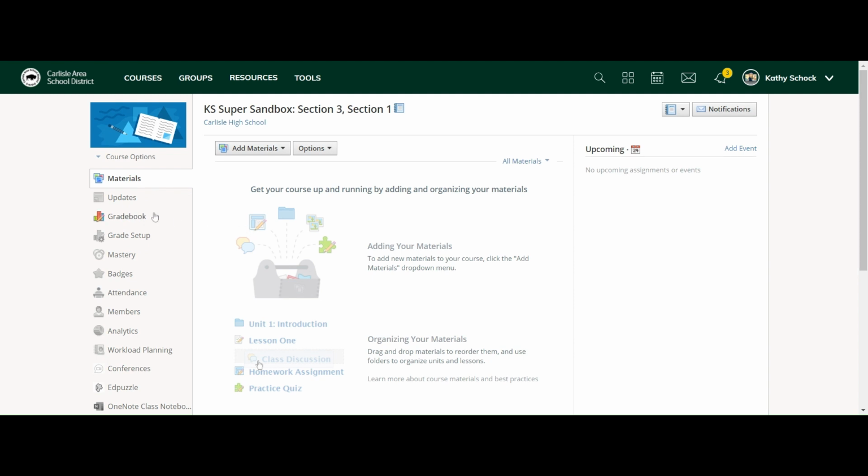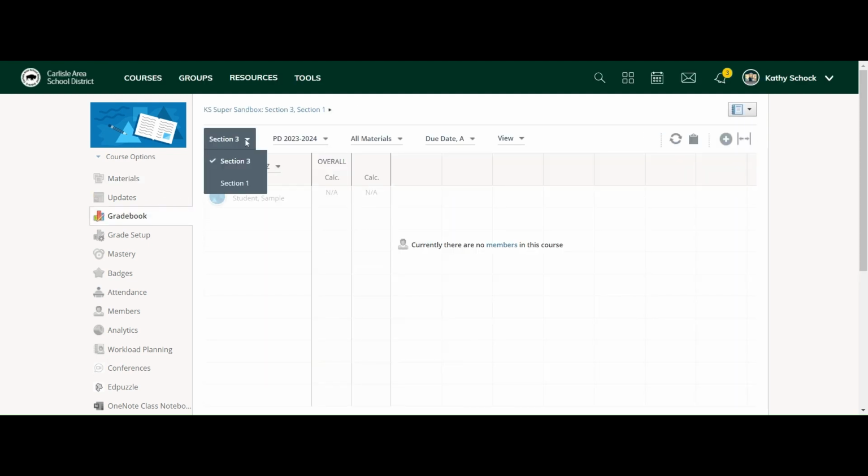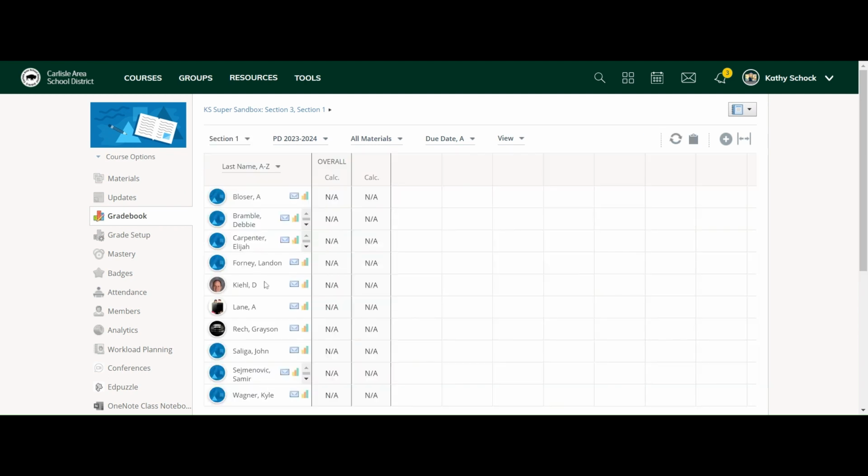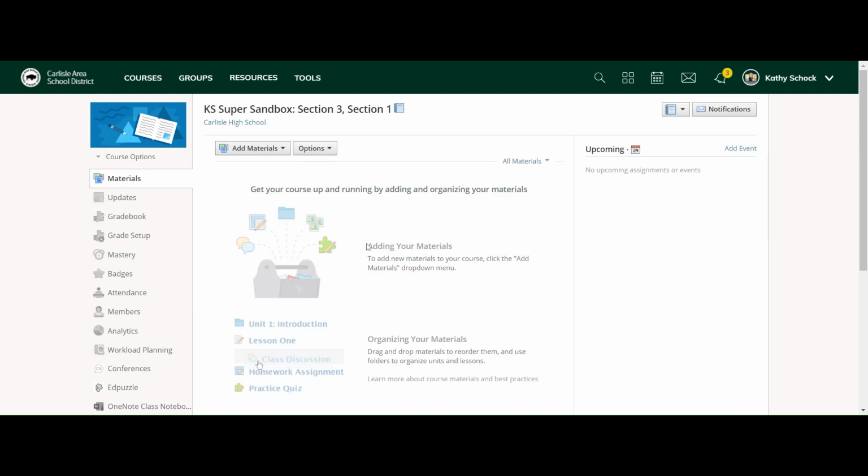But some things to know about a linked course: when I come over to my grade book, now I have a drop down for section 3 and I have a section 1. And there are all the people that I had in my section 1. And you do have to toggle between things when you have linked sections. So just one extra thing. But again, anything that I post in materials here goes to all of my students in all of my linked sections. So this can be a real time saver in the long run if you have multiple sections of the same